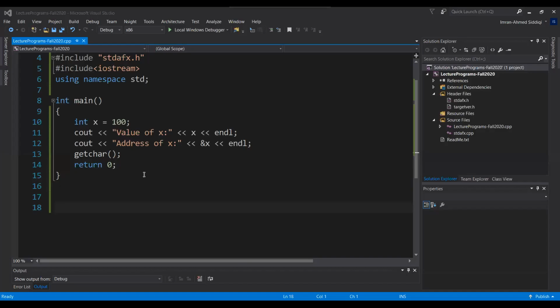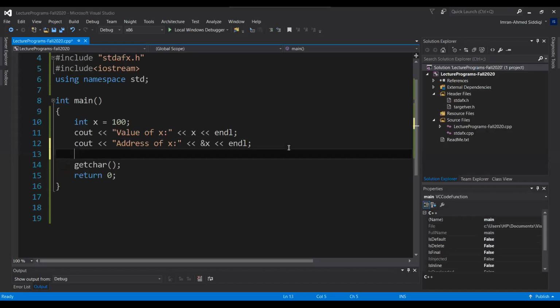Okay, so as I told you, it is not very useful that we just print the address. If we print it, we see it, we are happy, so what, right? Well, I should be able to somehow store the address in some variable, okay? So as I told you, whenever we are trying to store the address, we have to define a special variable, and that special variable is called a pointer.